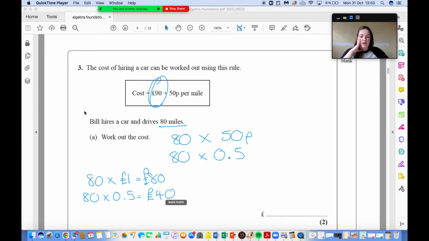So you can just work out what it would be if it was a pound and then half it. If it was 25 pence, you could half it again to give you a quarter, because it's a quarter of a pound. So basically what you've got is this £90 that you've got to pay, plus another £40 on top. So 90 plus 40 is £130. Okay,